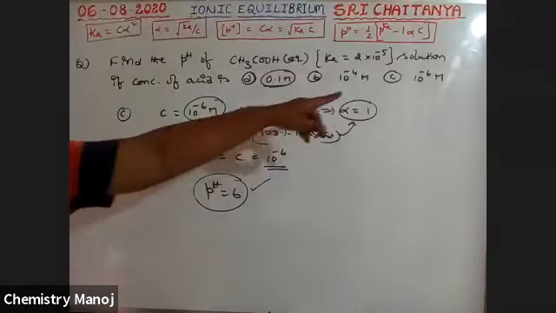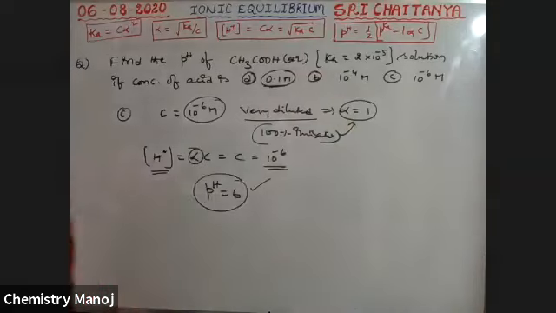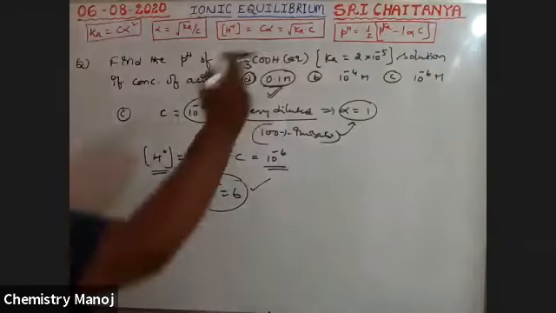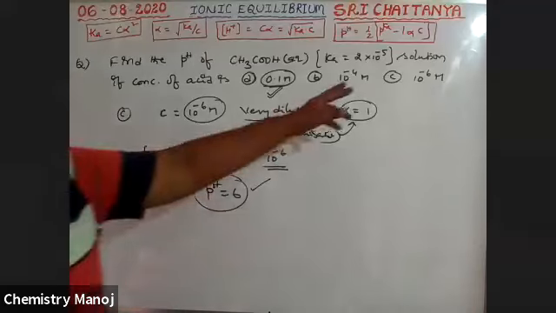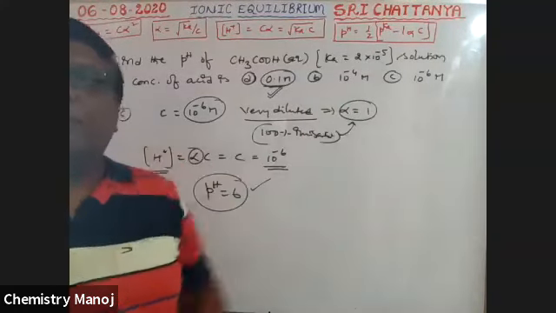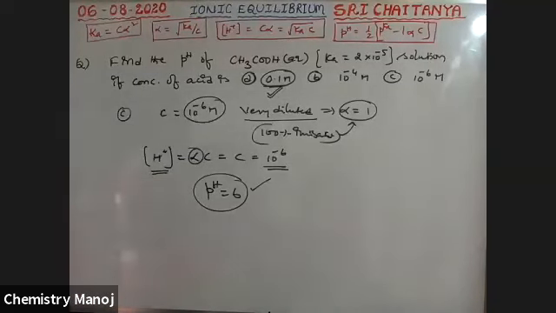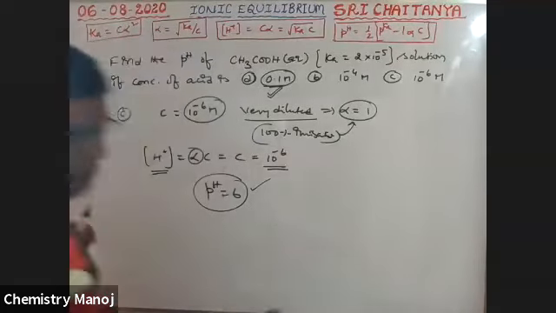So please consider that 10 power minus 6 is a very, very diluted case. So it is the way to calculate pH in different cases. Most frequently, my dear boys, in our exams, this is the only case. Very rarely, from an advanced point of view, these two conditions may be given. But at mains level, this is the only condition. Directly, we should apply it. Next one.